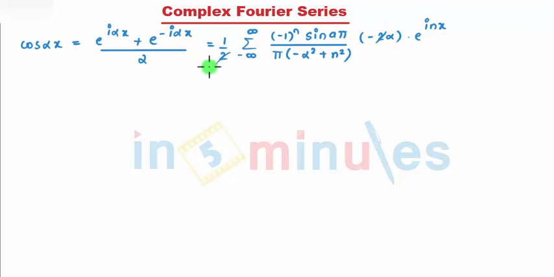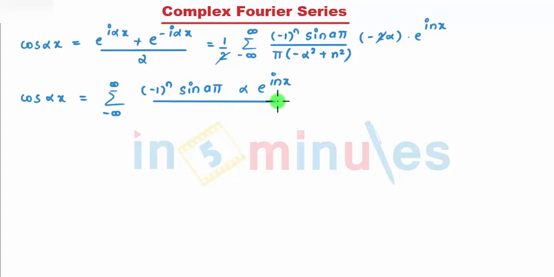So finally I got cos alpha x is equal to summation from minus infinity to infinity, minus 1 raised to n, sine alpha pi, and here alpha e raised to i nx, and this gets divided by pi into minus alpha square plus n square. So as I got cos alpha x, which is nothing but, if you see it carefully,